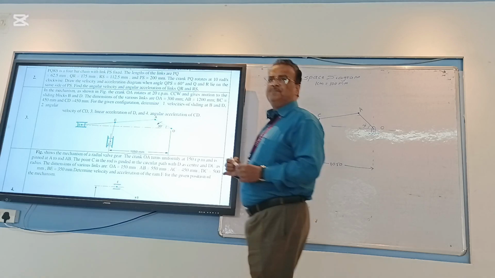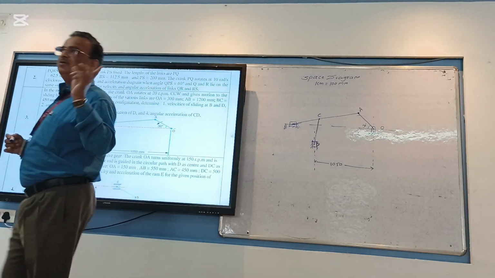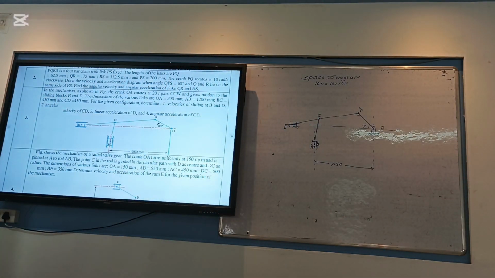This is the space diagram. Any doubt to draw the space diagram? Doubt है किसी को? So I will draw the velocity and acceleration diagram on this screen. Is it okay? So I missed that diagram. So I will go to the